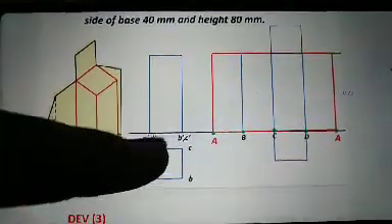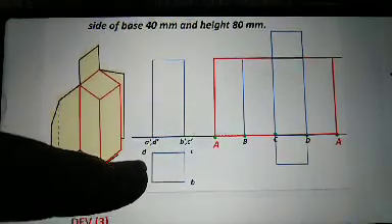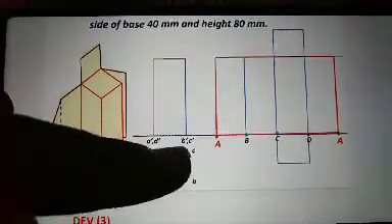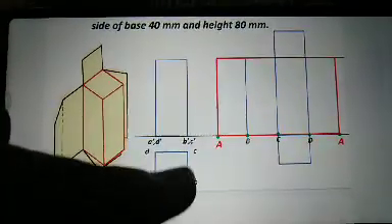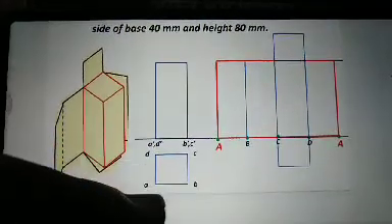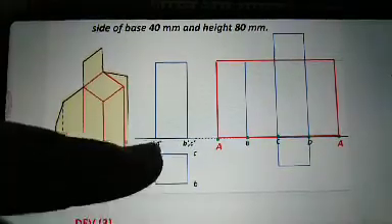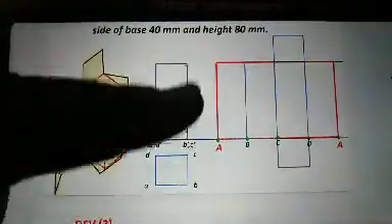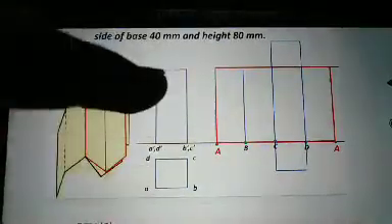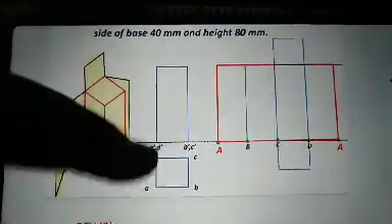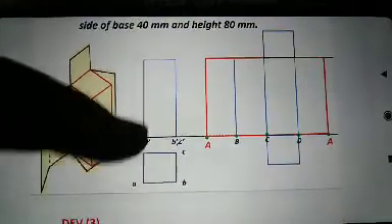For that, draw a square below the xy line. This is your xy line. Draw the square below xy line. One side of that square is parallel to HP and it is placed on HP, that is A, B, C, D are the sides of the square. Project all these lines, AD on the xy axis, BC on the xy axis, and the vertical length or height of that prism is 80 mm, as given. So this is the front view and top view of that prism shown for the development.